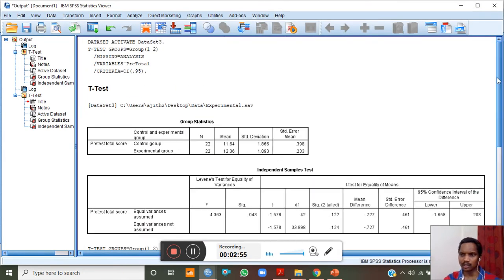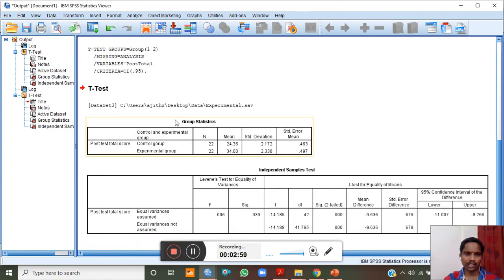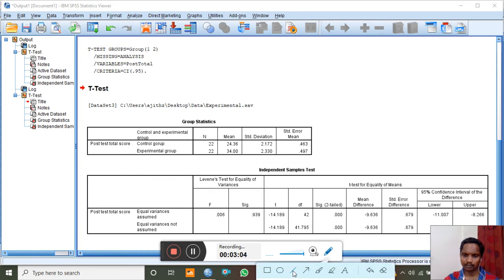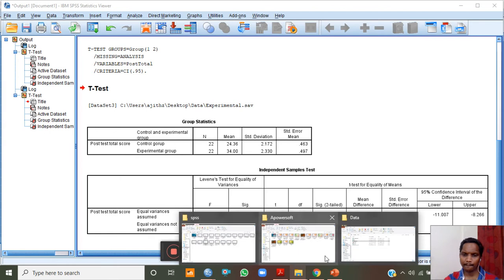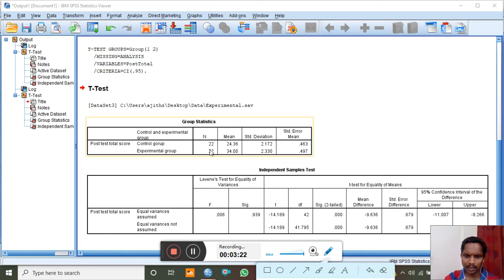So this is the result. See, this is the t-test result. There are two results. This is group statistics. You can see the mean is 24 and 34.